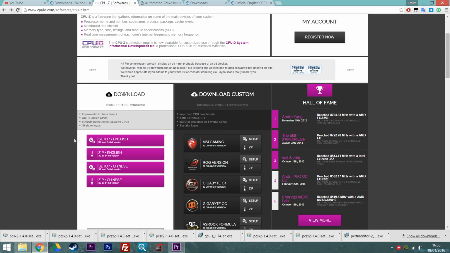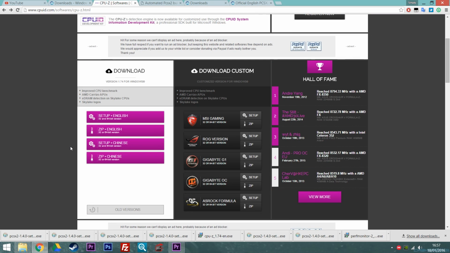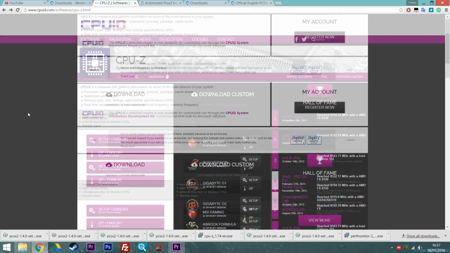So I would download this, basically the setup English, or setup whatever it is, Chinese if you're Chinese, I don't know guys. I don't know if there's any Chinese people out there reading or following my guides. If there is, give me a shout. I love Chinese people. Anyway,